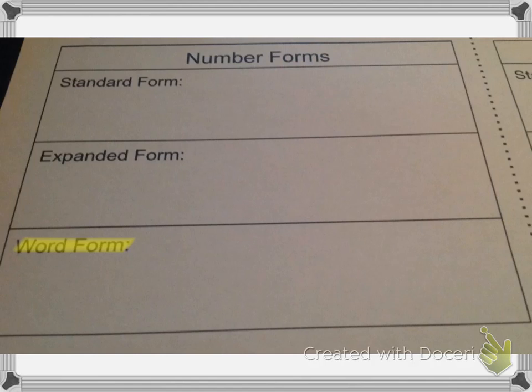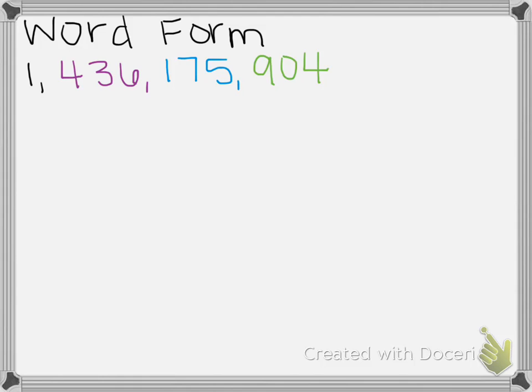The last number form we're going to look at is word form. Word form is a way to write numbers by using words. For word form, you write the number the same way you would read it. So here's our number, 1,436,175,904. So we're going to write that number the same way we would read it. When we write a number in word form, we're going to include our commas after the name of each period. So 1 billion, comma,